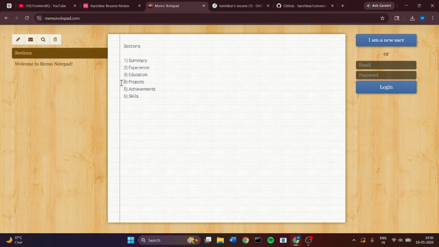The fourth one is projects. If you have experience, then in the project section you can mention the projects which you have done in any company. And if you are a fresher, you can include your demo projects. The fifth one is achievements, like in your college if you got a silver medal, gold medal, or anything, or if you are a volunteer and all that. So in the achievements section you can include this.